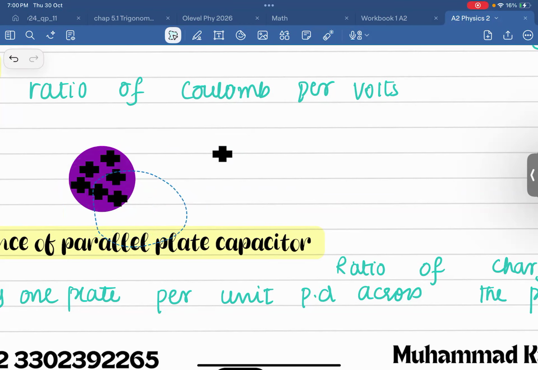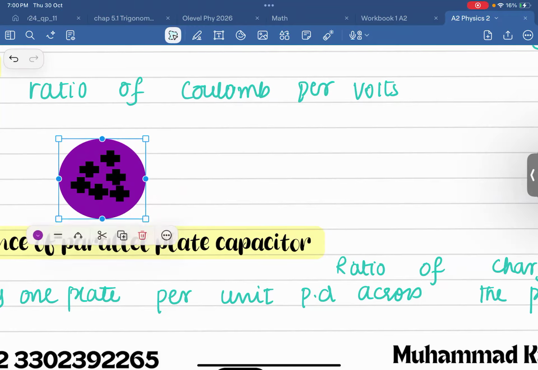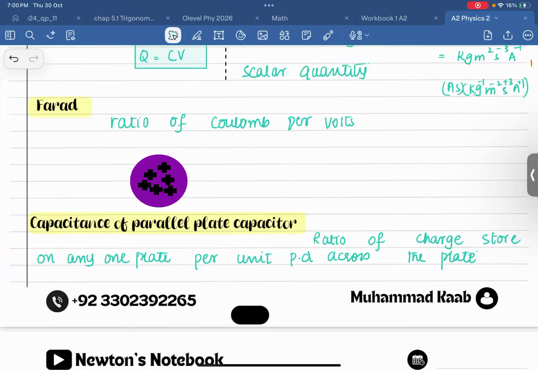Okay, so this is how it should look like. This is how the capacitor should look like. So this is the first concept, and that is a charge stored on any one plate. That is a spherical capacitor, and the other type of the thing is